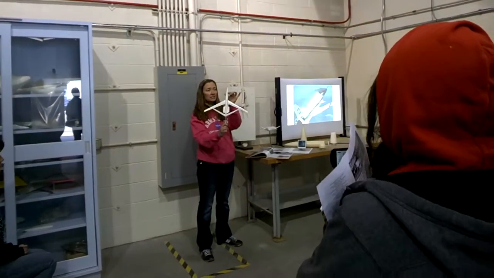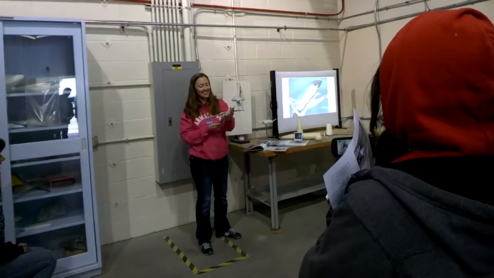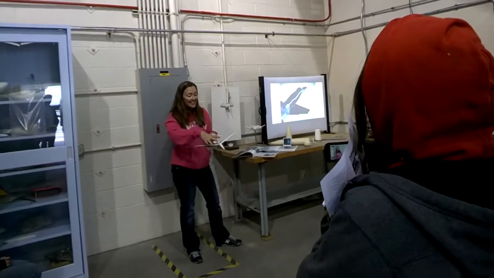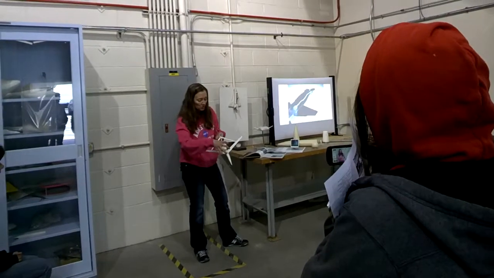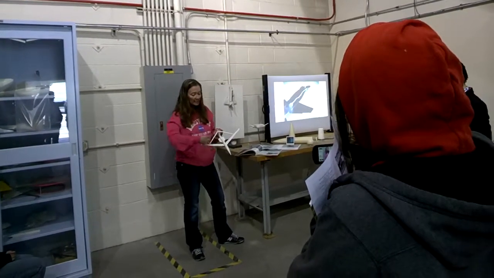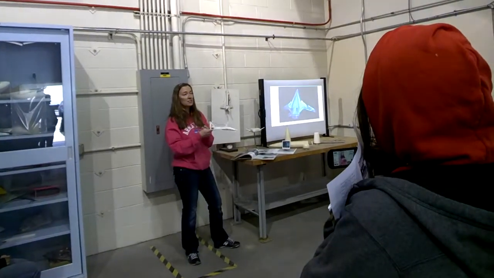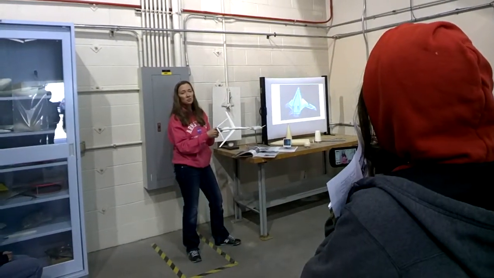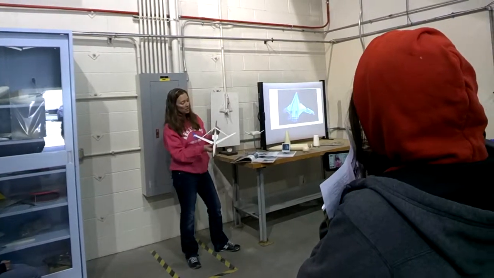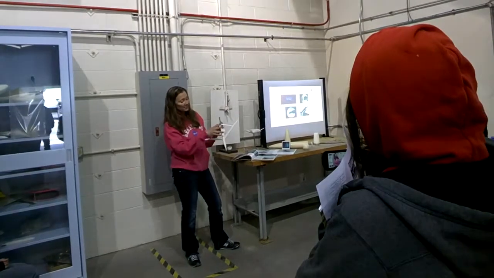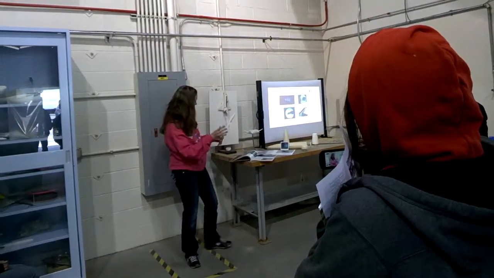This is one of those advanced configurations. This is a box wing. Thank you. And this obviously is not a commercial airplane. This is a much smaller version of it, but you can get the gist of this. If you scale this up a bit, you can start to see how this could be applied to an actual commercial aircraft. This is an older configuration now, but NASA currently is looking